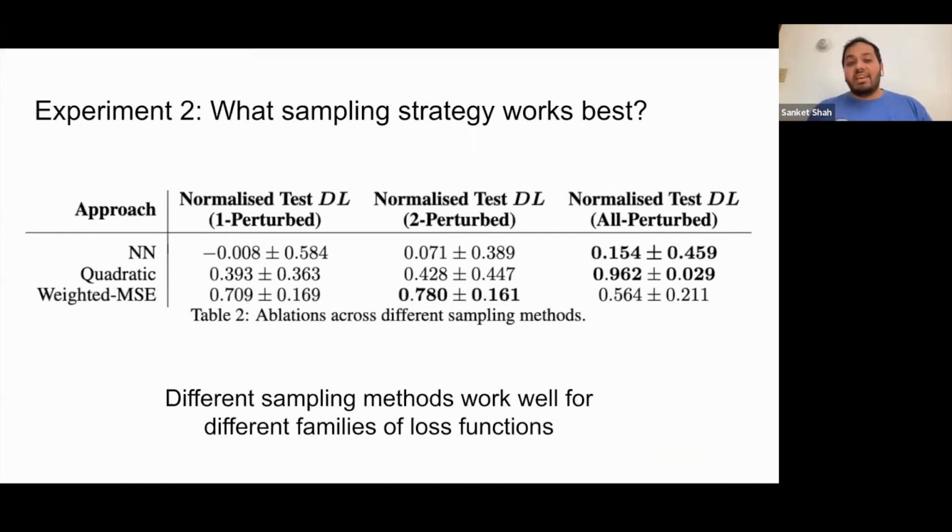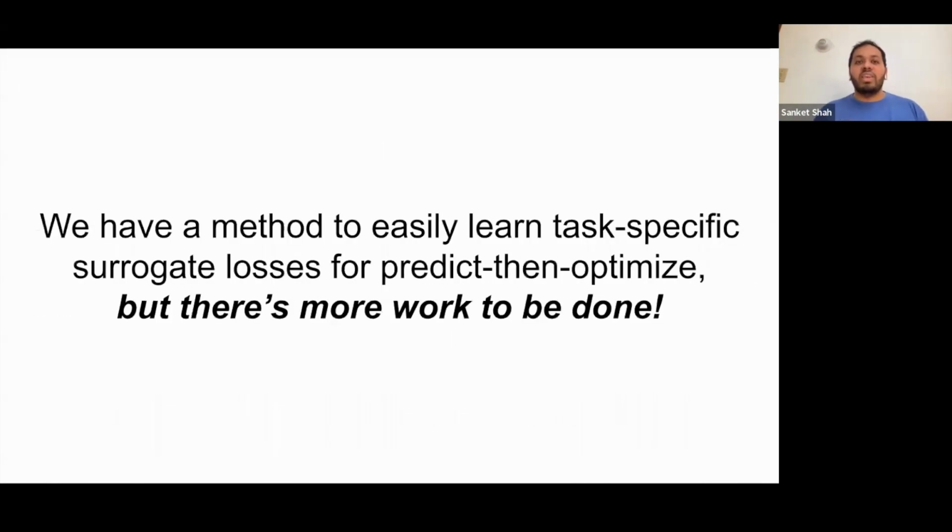The second thing is we had a bunch of strategies. The results in the previous table are for all perturbed. But what we see is that for different families of loss functions, different sampling strategies actually work best. So specifically for weighted MSE, perturbing 2 at a time seems to be much better than perturbing everything all the time. In conclusion, we provide a method to easily learn task-specific surrogate losses for predict and optimize problems, but